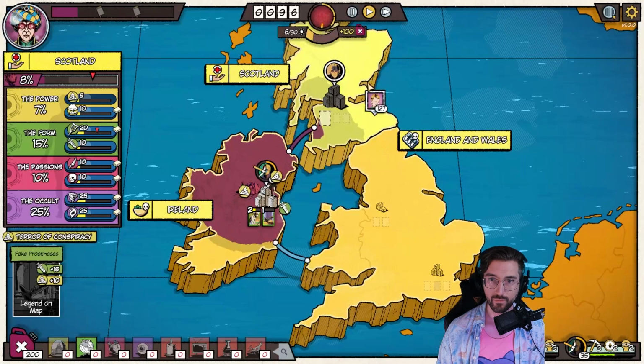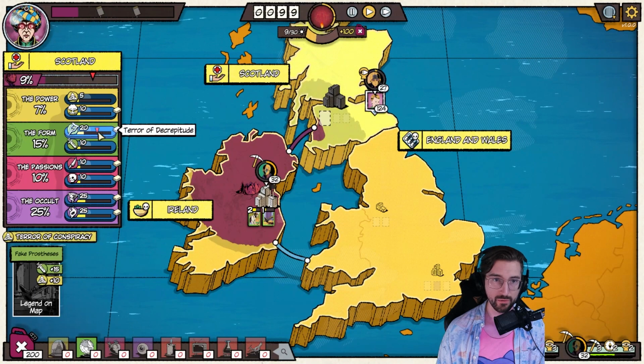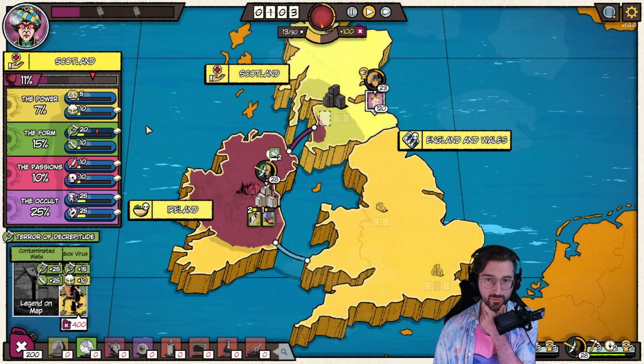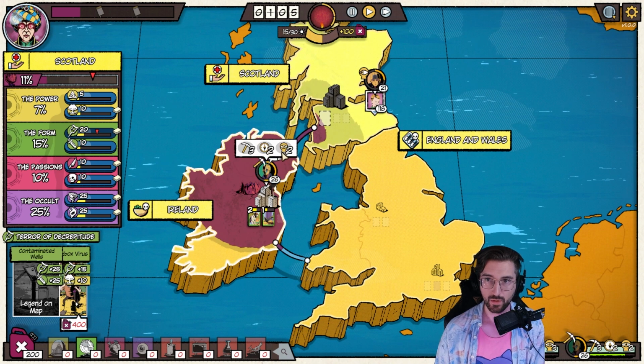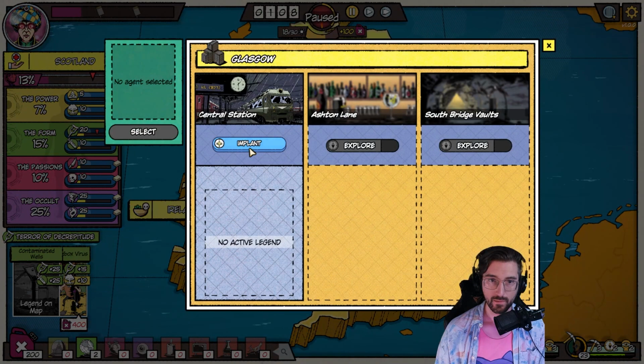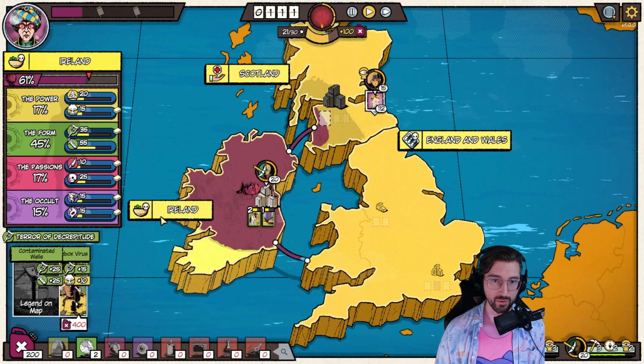No fear. That's fine. I'm going to put you here and infiltrate. And I'd like to put the sandbox virus, but I don't have enough oleum for it. Which means probably once there's enough fear here in Scotland, I should also...